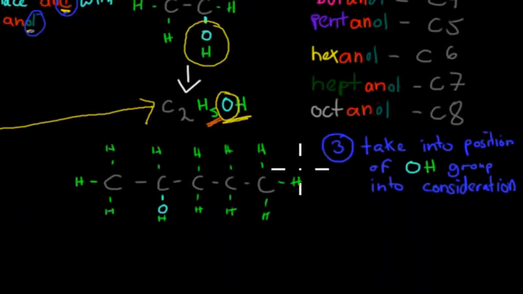And last but not least, we have to take into consideration the position of the OH group. So, for example, here we've got 1, 2, 3, 4, 5 carbons. So 5 carbons, so C5, that's a pentanol. But if you look at the OH group, in this case, the OH group is right here. But we have to actually take that into consideration when we name this molecule. So we can't just say pentanol. If we write pentanol,